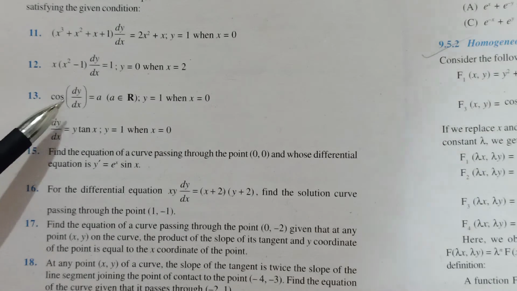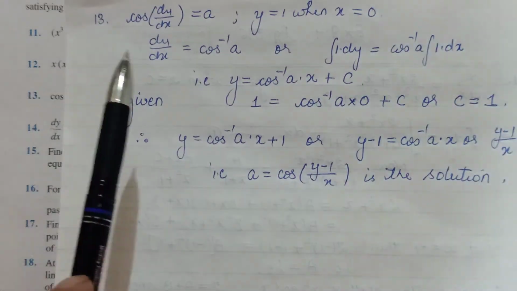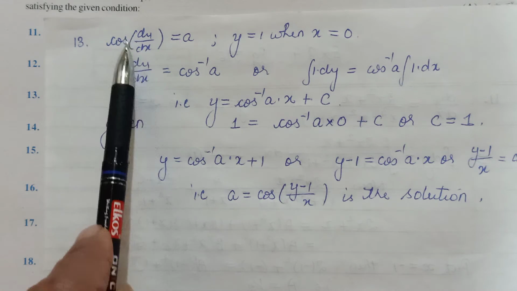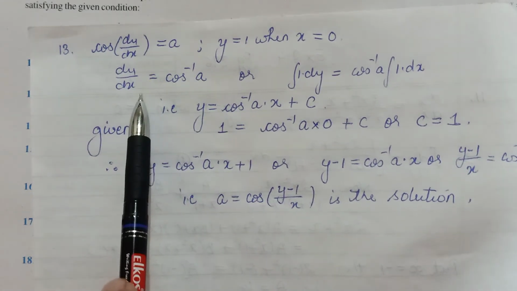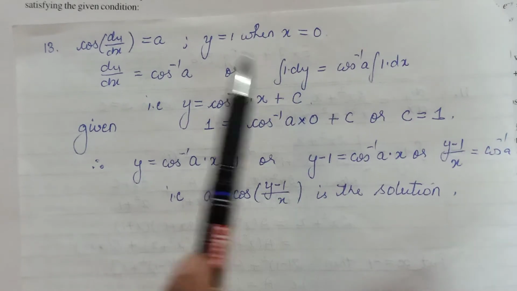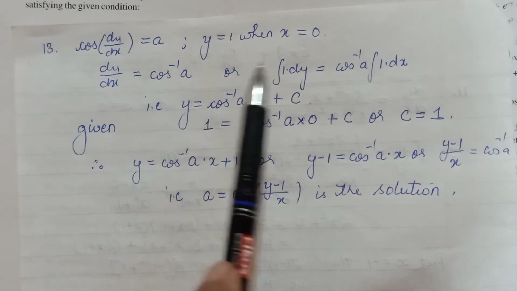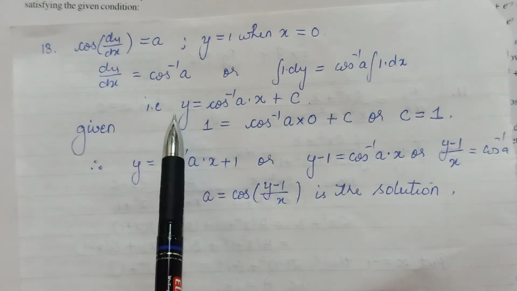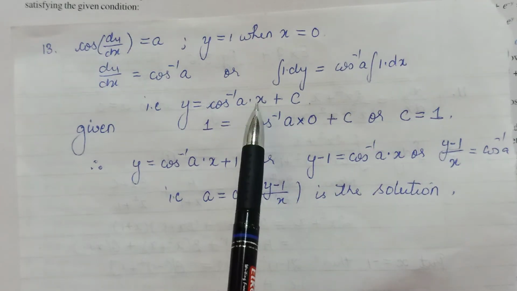Just check it out, it won't be difficult. Okay, third one is cos dy by dx is equal to a. Okay, so before this we will release dy by dx obviously. Okay, so we can change the form. We can write this as dy by dx is cos inverse of a. That's a constant now. Okay, x and y are our variables. Again, this will become 1 dy, and with cos inverse a scalar being out, again integration of only 1 with respect to x. So integration of this is y, and integration of 1 from here is x, and of course the constant of integration.